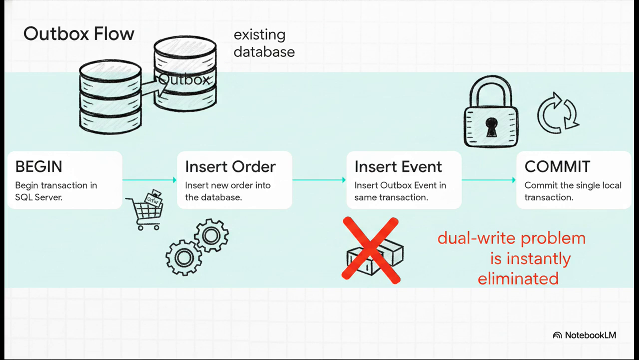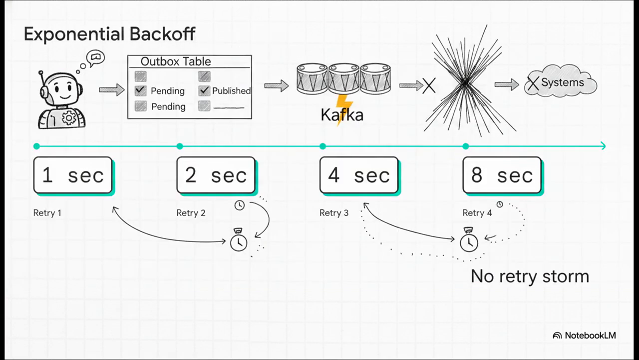Instantly eliminated. Okay, but you're probably thinking, how does the message actually get to Kafka then? Well, we use a background worker. This worker just continuously polls the Outbox table looking for events marked as pending. When it finds one, it reads it, publishes it to Kafka, waits for the acknowledgement, and then simply marks the